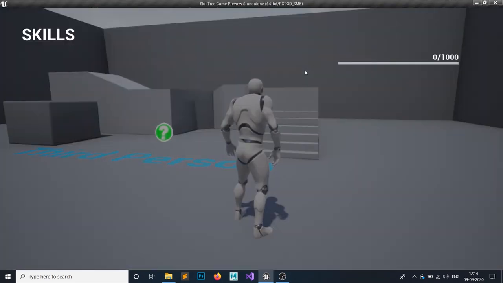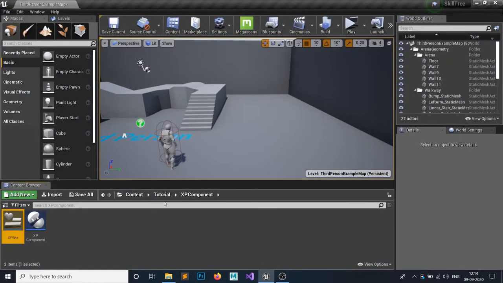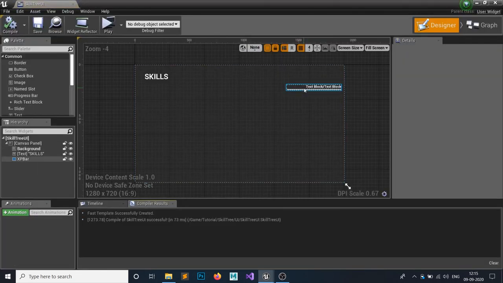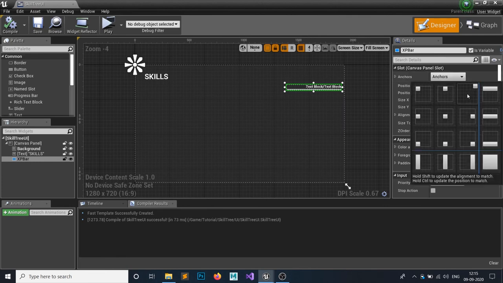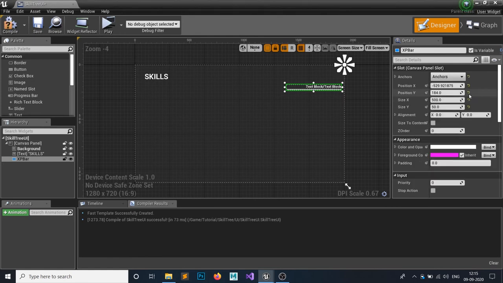So you're gonna see our XP component is not in the correct position, so let's correct our position. So in your skill tree UI, make sure our anchor point is the upper right corner or wherever you want to attach.